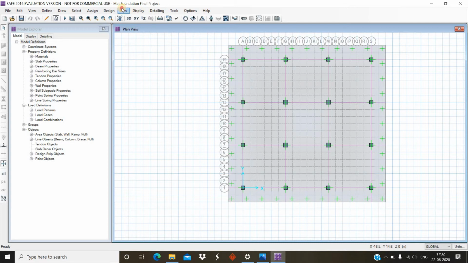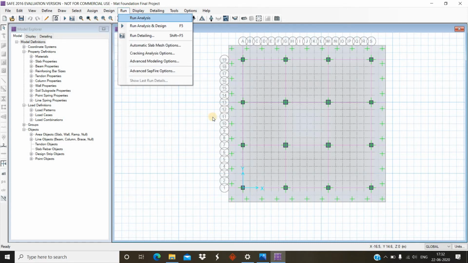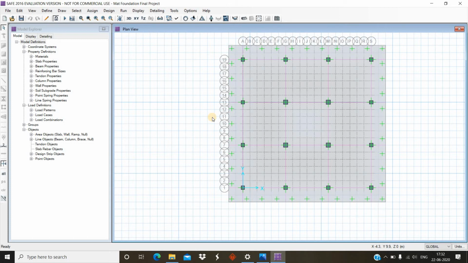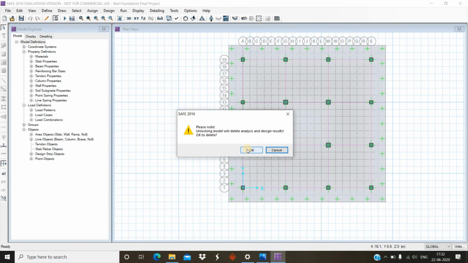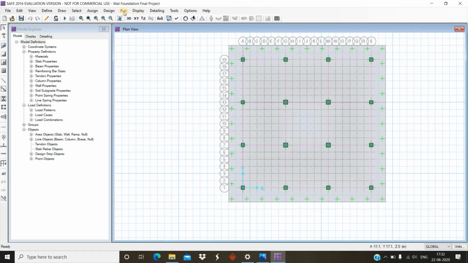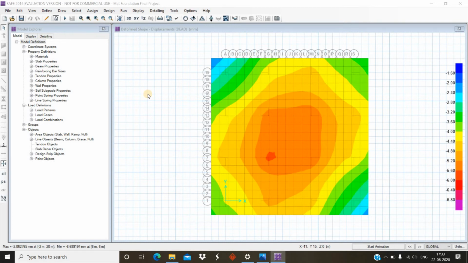Now I'm going to run this. Run analysis. First of all, this was locked, so I have unlocked this. After this, we have to run analysis. So this is the displacement. These are the displacement values in mm.